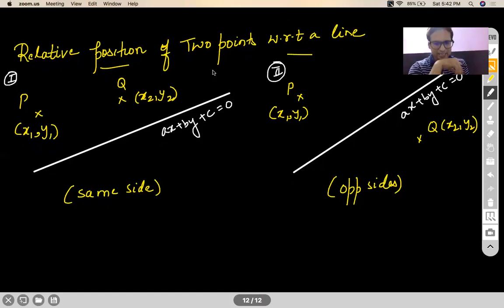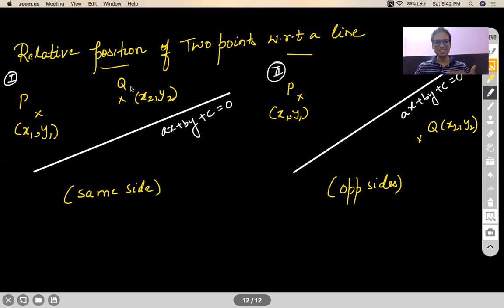So Hariharan has an idea. We can substitute in the equation and see whether they are positive or negative. Okay, so let's say both of them gave you positive. Then what conclusion you draw, Hariharan? Same side. Both of them gave you negative, then? Okay. Both of them gave you opposite sign? Absolutely. Awesome. Good. So Hariharan has cracked this problem.